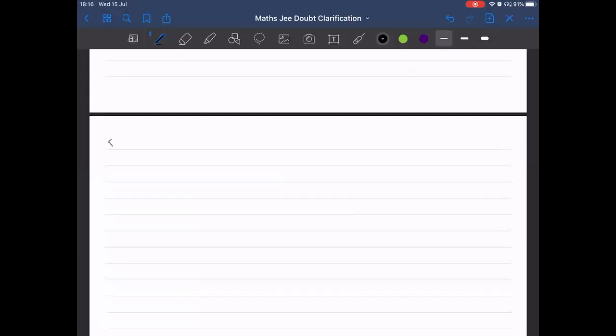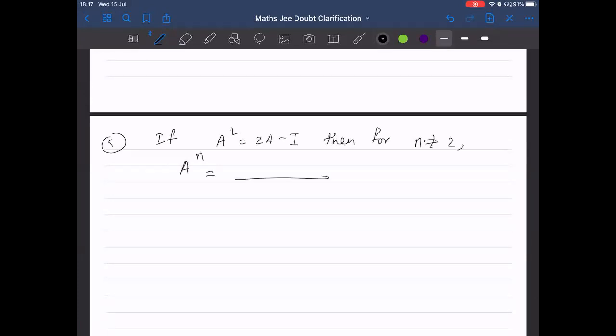We're having this question, and they directly gave the characteristic equation here. If A square is equal to 2A minus I, then for n not equal to 2, A power n equals how much? The options are